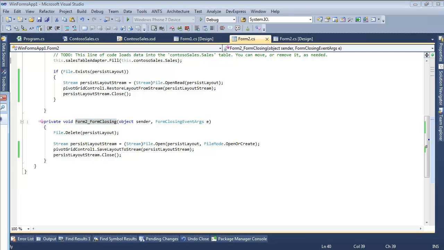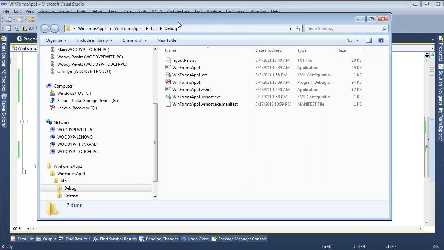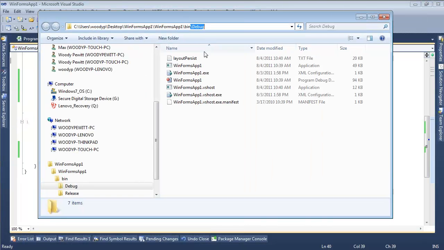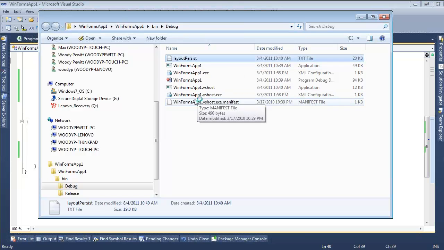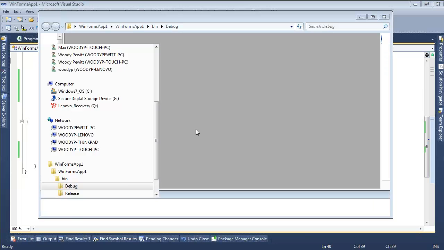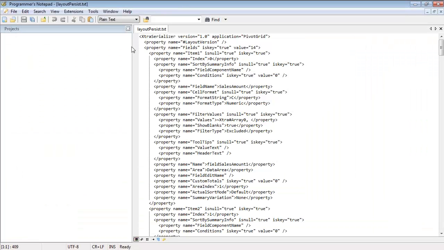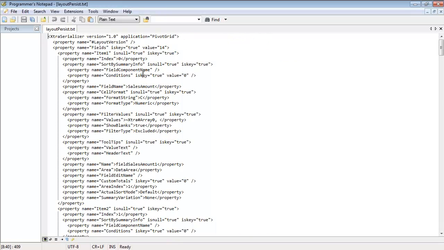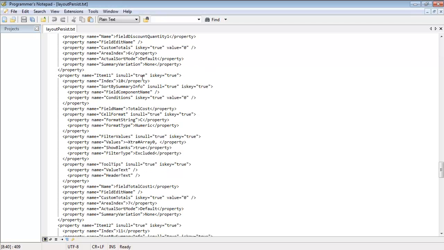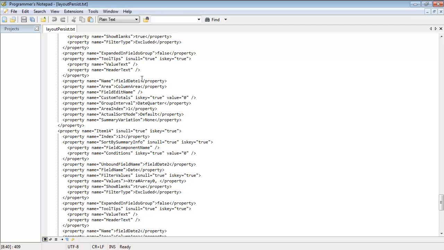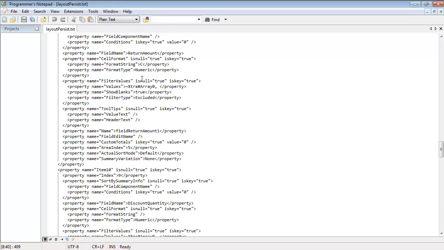And if we take a look, so here is the default area, the debug subdirectory, and here's where the actual executable is sitting. And you can see here is my layout persist file. Now, I made it a text file just so that I could do this. I double-clicked on it so it would open, but I would not suggest making it a text file because ultimately some end user will come and muck about with this. But you can see here's a bunch of information about how the pivot grid itself was laid out at that moment. And if we go ahead and run it again,